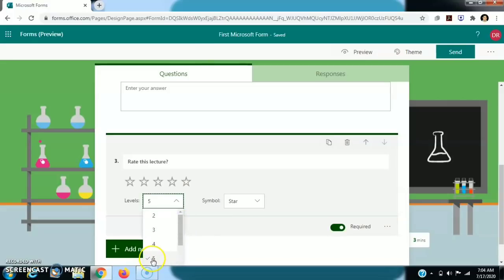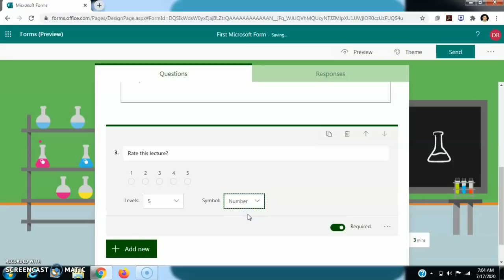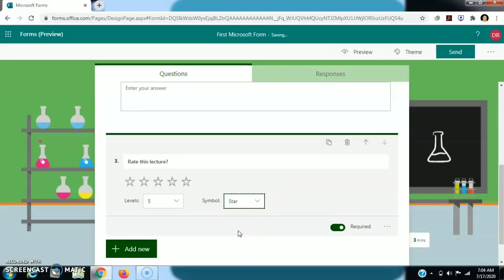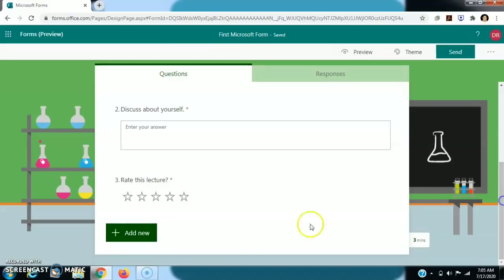Suppose it is currently set to 5, and for symbol we can set number or star, whatever we require. Then the students or the users can rate this lecture, or whatever we want to rate, on a 1 to 5 star scale. This is a very important option.